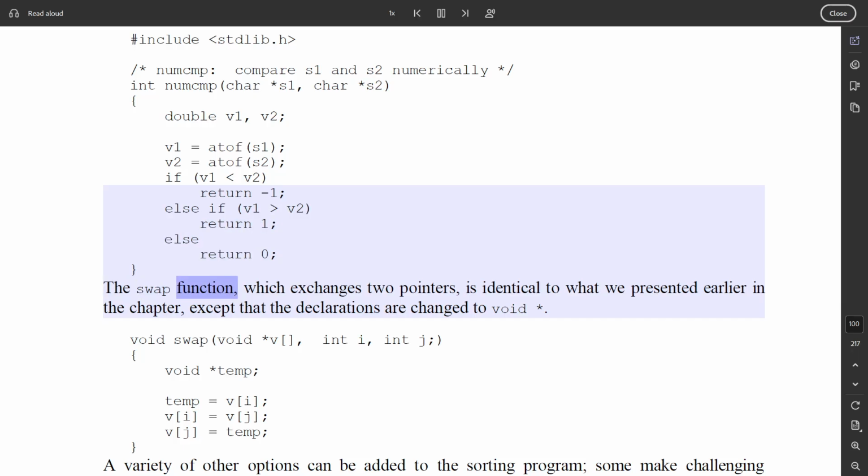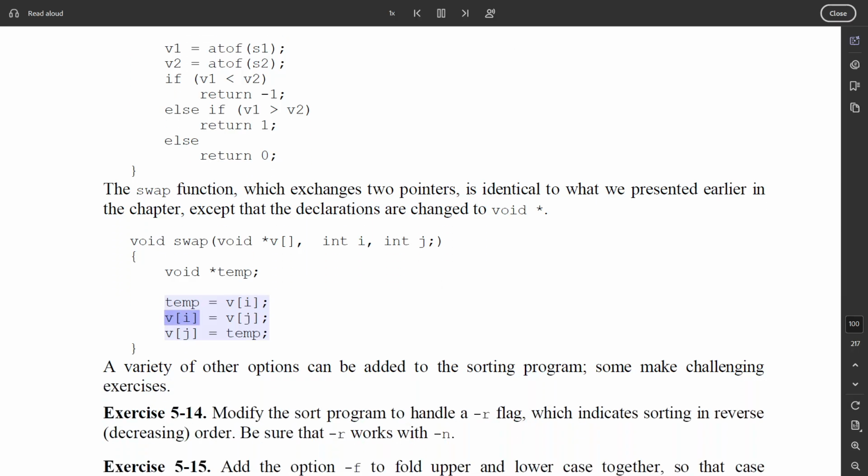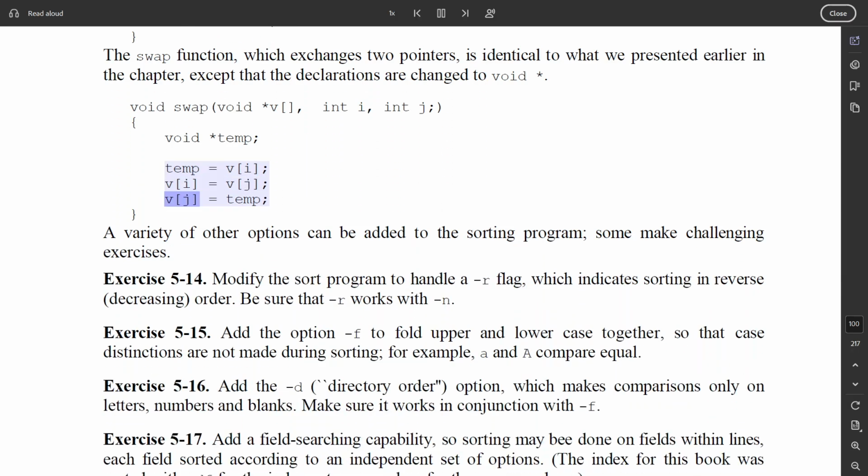The swap function, which exchanges two pointers, is identical to what we presented earlier in the chapter, except that the declarations are changed to void *. void swap(void *v[], int i, int j) { void *temp; temp = v[i]; v[i] = v[j]; v[j] = temp; }